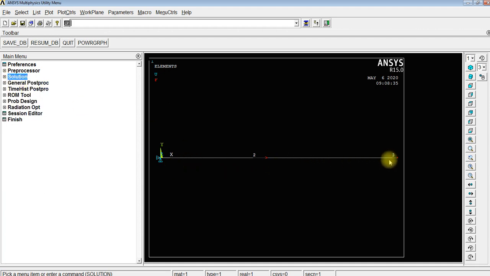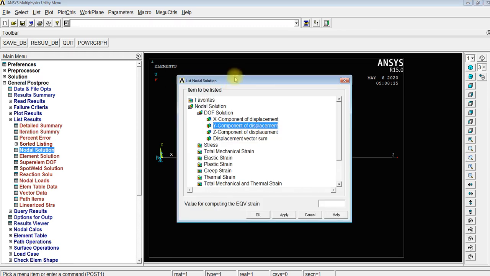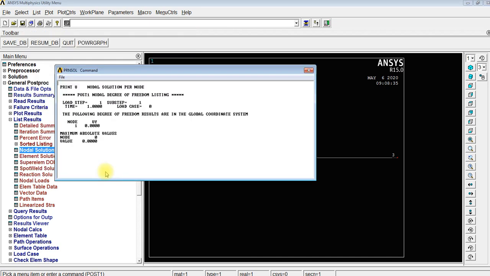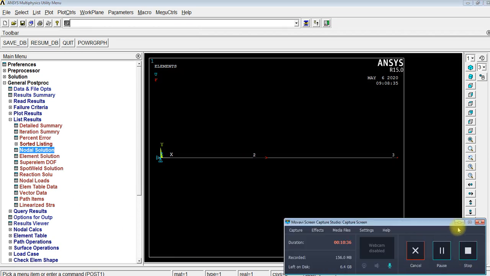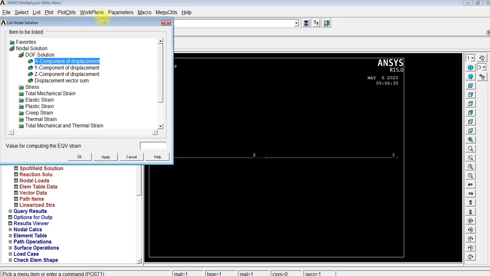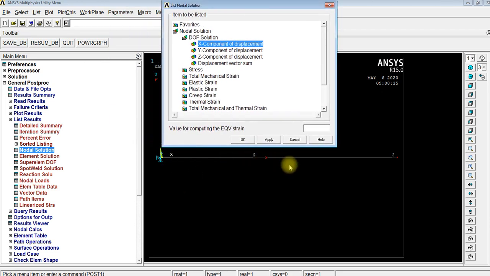Now we have to see all the results. General postprocessor, list results, nodal solution. Now this bar is going to move in the x direction only. X component of displacement, as these points can move only in the x direction.